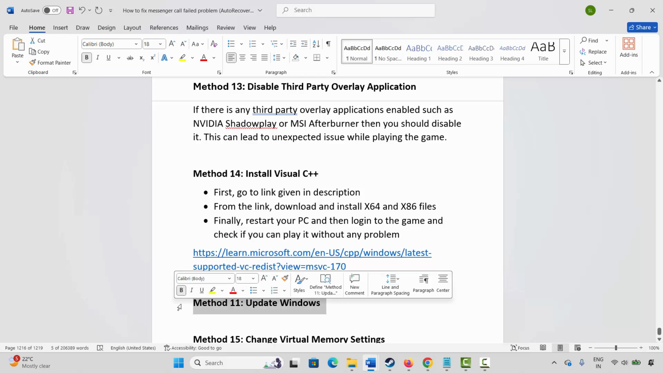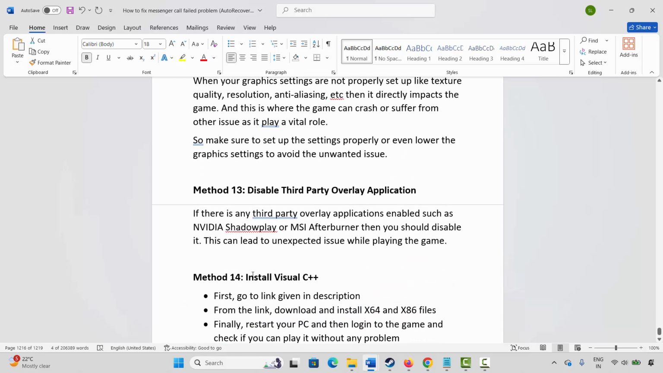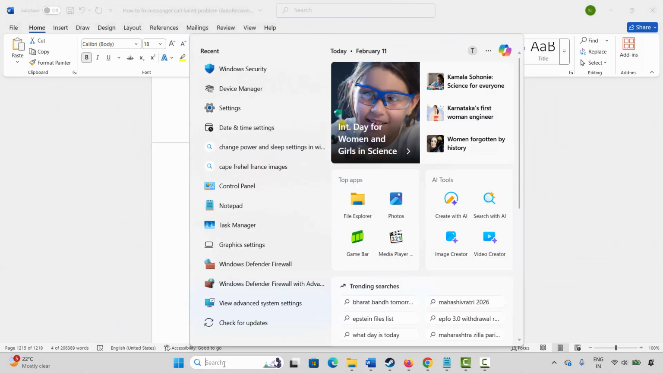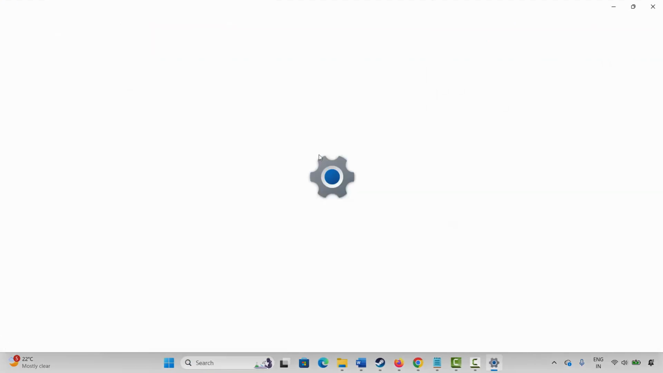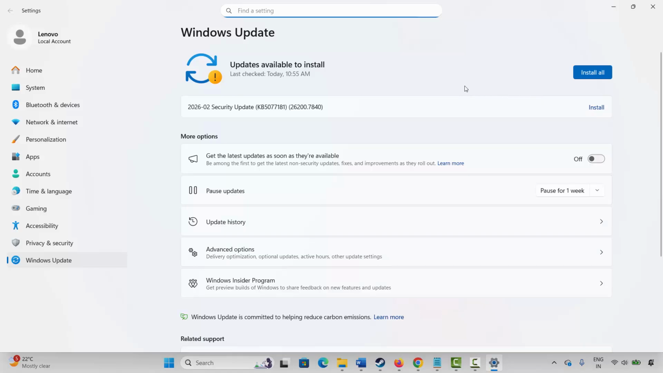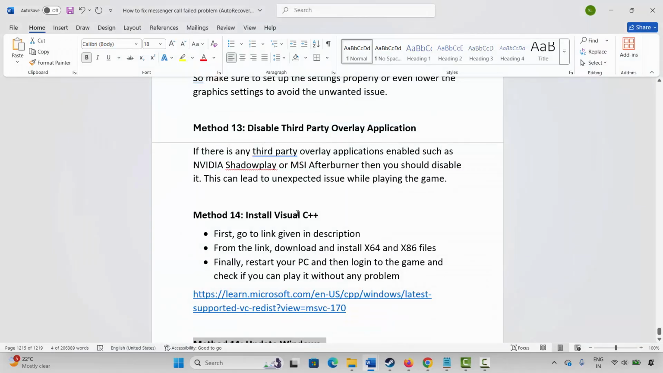If not, next method is to update Windows. For that, go to the Windows search. Now search for check for updates. This will take you to the Windows Update page. Here you have to click on it. In my case, an update is available. If you cannot find this, there will be a check for updates option. You have to click on it and wait for some time. After you update your Windows to the latest version, try to launch the game and check